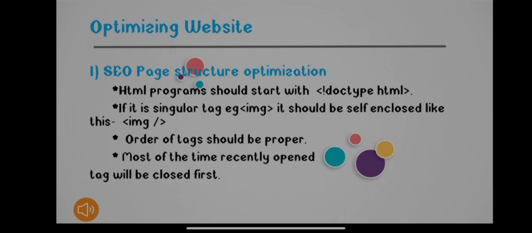Whatever website you are visiting, the complete source code of that website will be displayed in front of you. You can see that the code will always start with the doctype HTML tag. So it is compulsory that an HTML program should start with the doctype HTML tag.